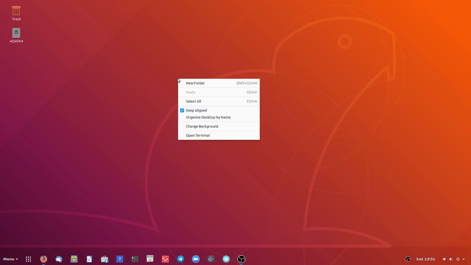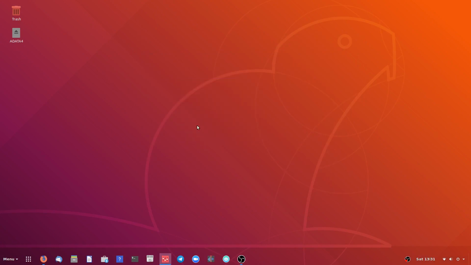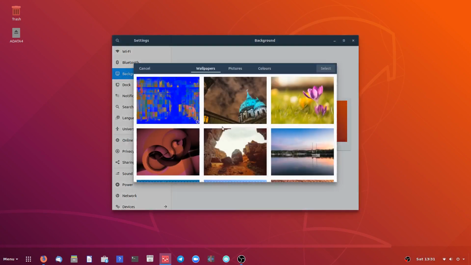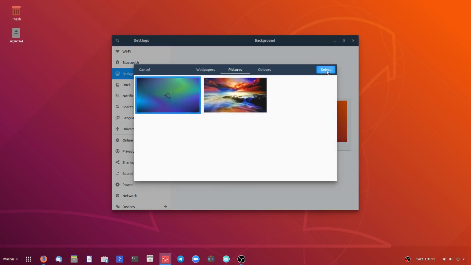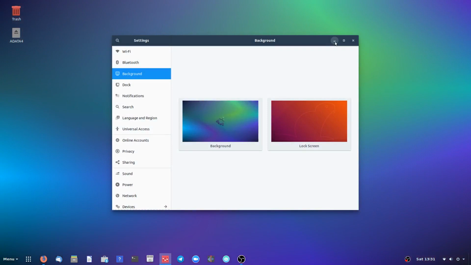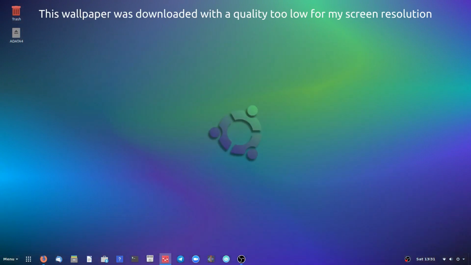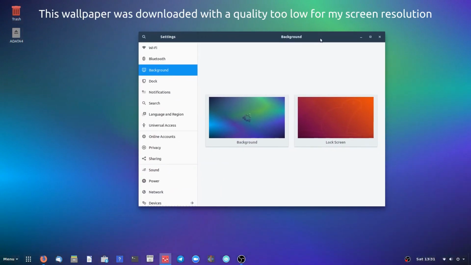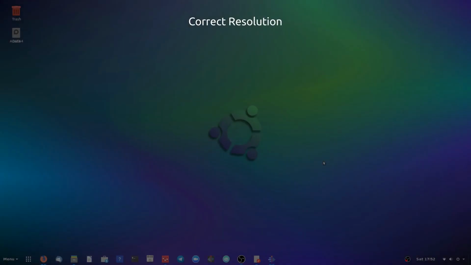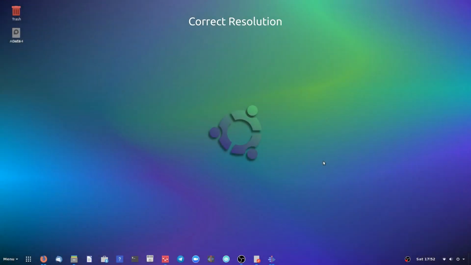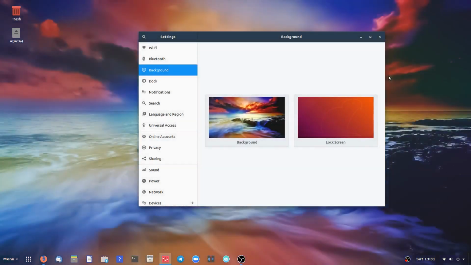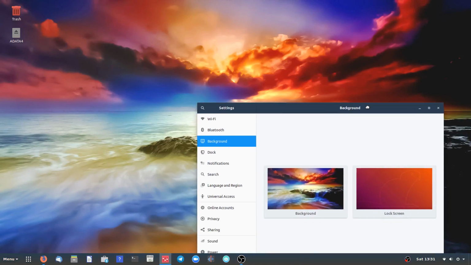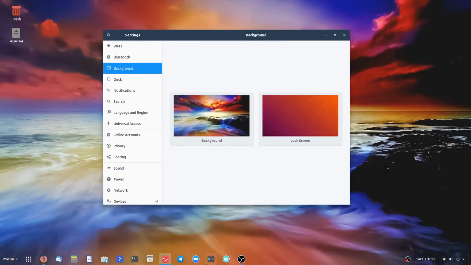So now what we can do is change the background, pictures, select. Now that's a Ubuntu background done by Karl Schneider. And this one here is a background that's done by Charlie Henson. So if we have a look at those two there,